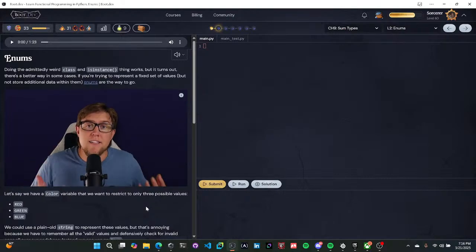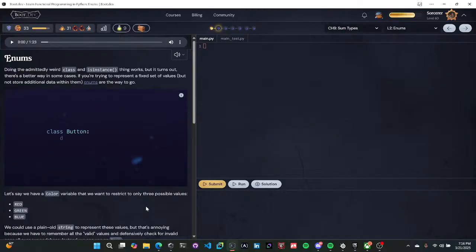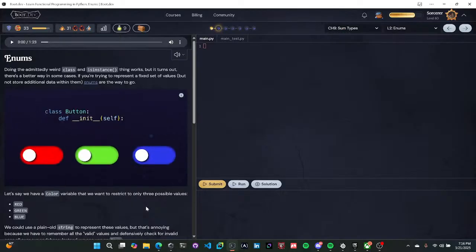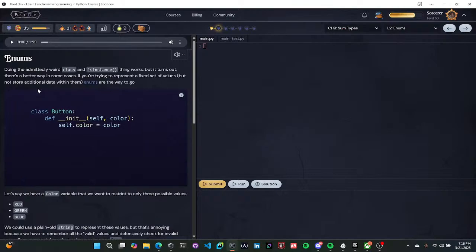Okay, so now we can finally talk about enums. Enums are another sum type, like a Boolean, and really I like to think about them as kind of extended Booleans. For example, let's say we want to write a button class, and in this button class, we want to specify that it can be one of 3 colors. We could have the button's constructor accept just a string to define which color it's going to be, and we'd accept either the string